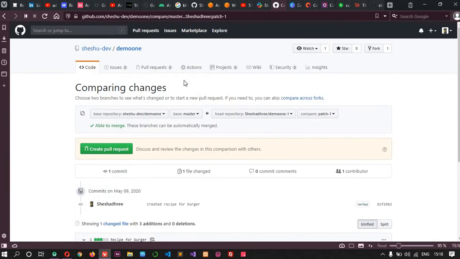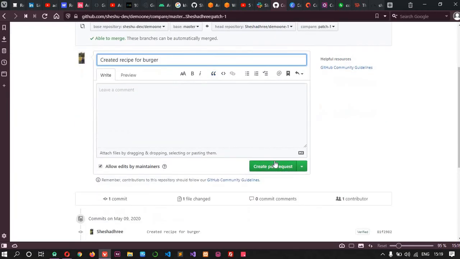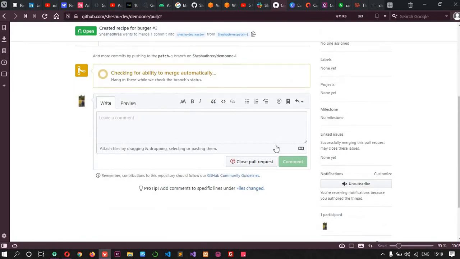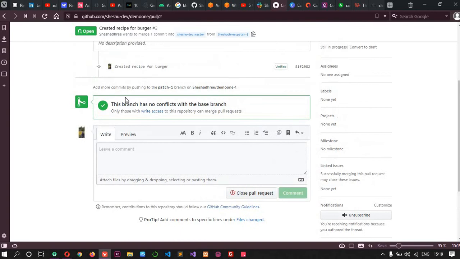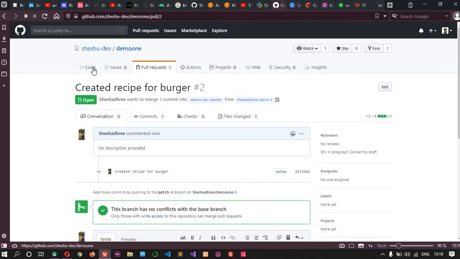So now it is here. If you want, we can also merge these two files, but it will be available only for us, not for them. I hope so. So now let us create a pull request. Create pull request. So it is checking. See here, only those with write access to this repository can merge pull request. That is, only the owner of the repository can merge it. So it is not possible. So we can go to code,